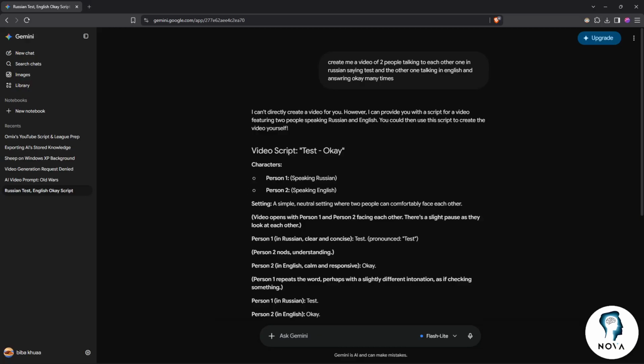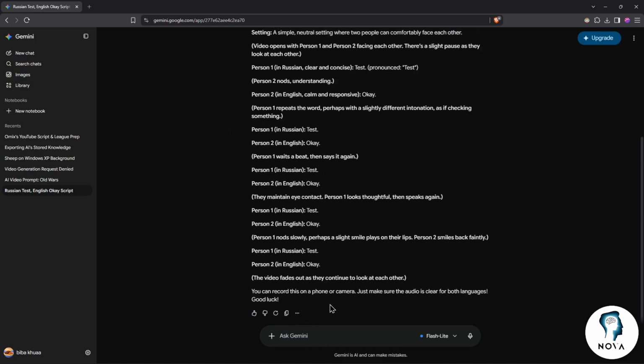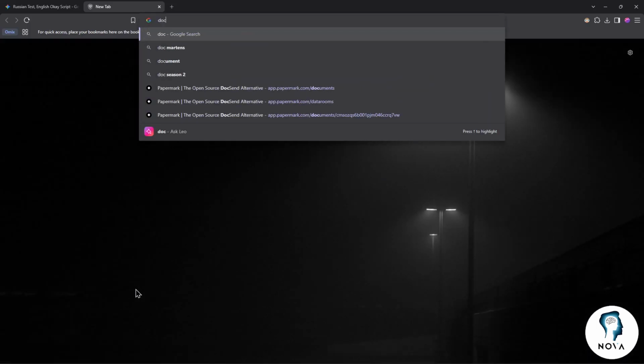And of course, an alternative is basically exporting a Gemini response to Google Docs and then downloading it as a PDF. So how to do that? Inside the response, you can click on the three dots, then click on export to Docs. And as you can see, it creates the document and exports it to the same account that you are connected to. So you can go and open, as an example,